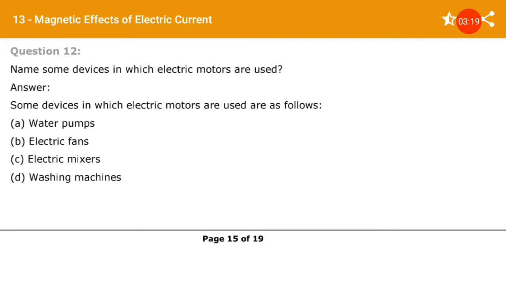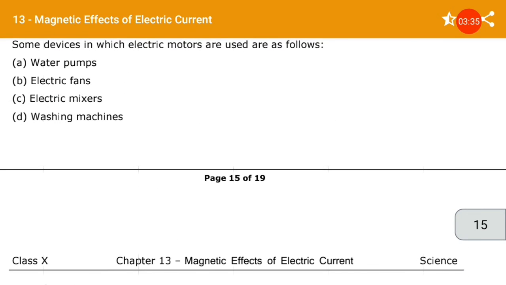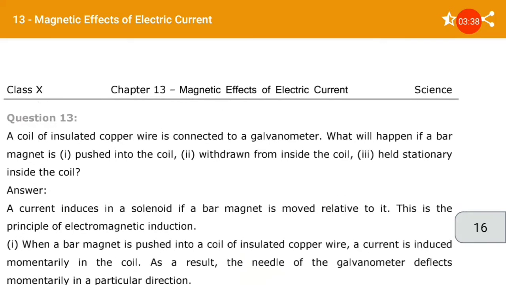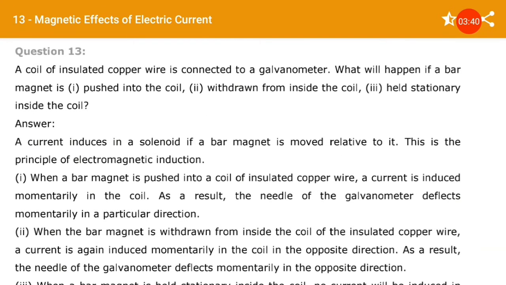Name some devices in which electric motors are used. Some devices in which electric motors are used are water pumps, electric fans, electric mixers, washing machines. These are some examples where electric motors are used. Question number 13. A coil of insulated copper wire is connected to a galvanometer. What will happen if a bar magnet is pushed into the coil, withdrawn from inside the coil, held stationary inside the coil? So 1, 2, 3